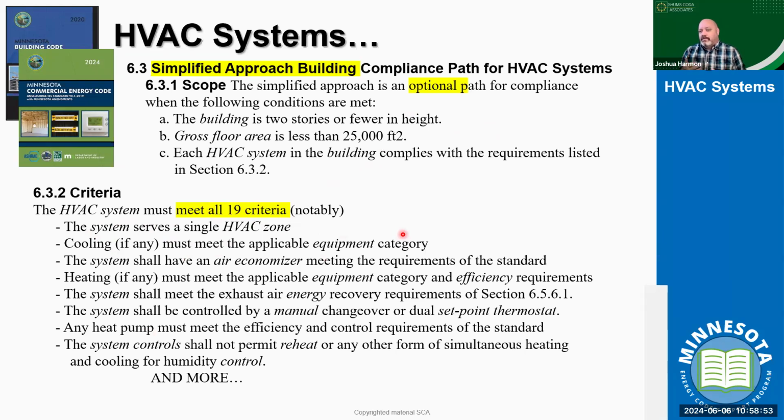But again, if we're looking at it as a simplified approach, we're looking for a simplified system. We're looking for one zone. We're looking for equipment that is efficient. We're not necessarily driving the conversation saying, this is how many CFMs of air we need to move and what types of temperatures and that kind of thing, as much as we're making sure that we control the environment that we have, right? We want to, again, control when that system is operating. And that's the name of the game, at least in building construction, in my opinion. It's all about control and giving that owner the ability to control their own building.